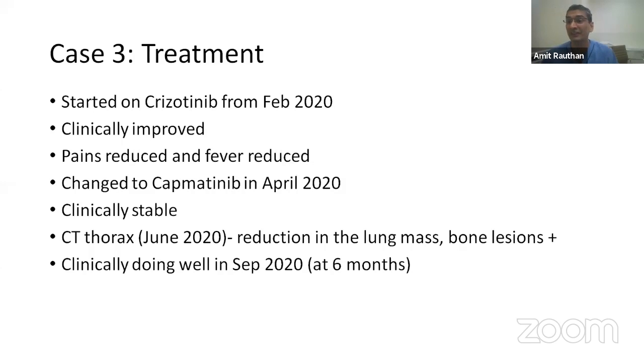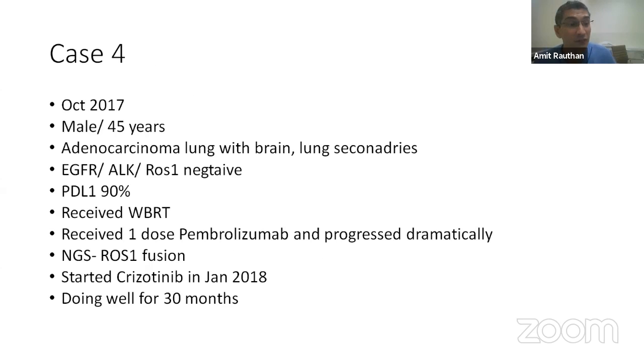So what this taught me, immunochemo is good broadly, but if I have a targeted therapy it is absolutely better even in the MET setting. Case 4, October 2017, male, 45 years. He had adenocarcinoma lung with brain and lung secondaries. EGFR, ALK, ROS1 was done with single testing, negative, PDL1 was 90%. This was another center. He received whole brain radiation, and because of this kind of a report, they gave him